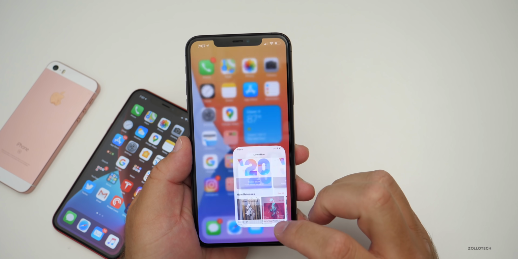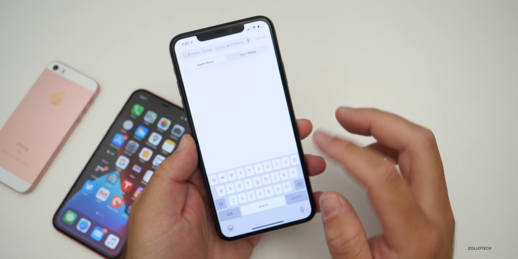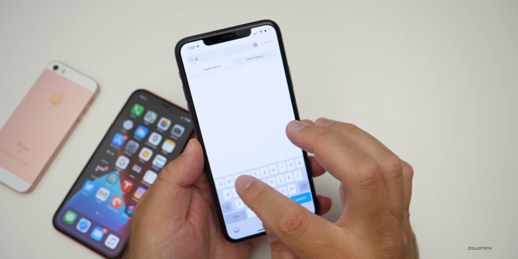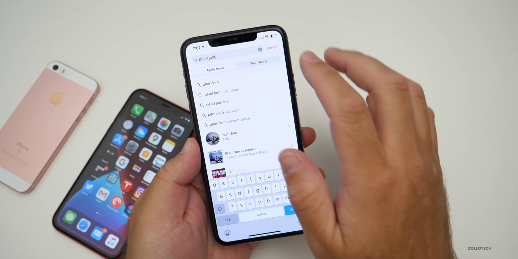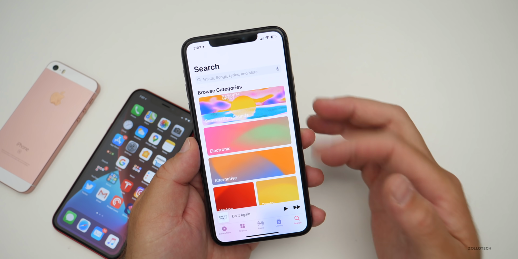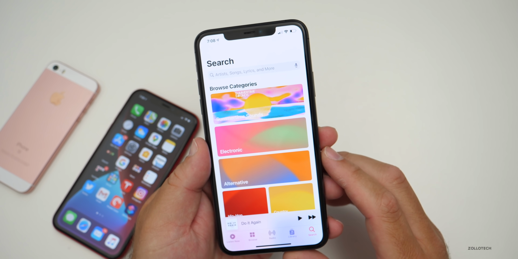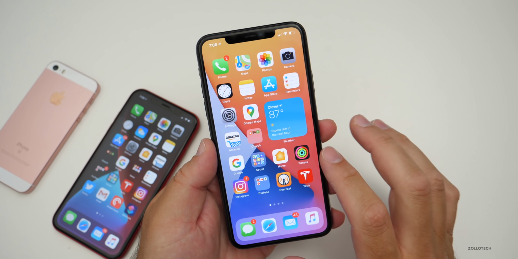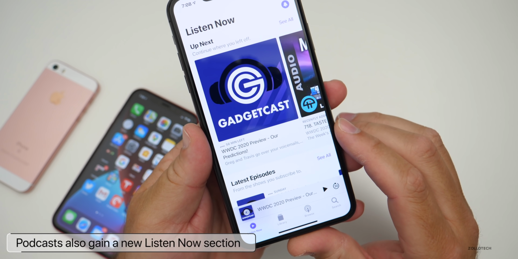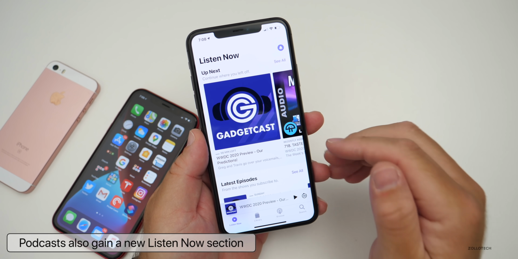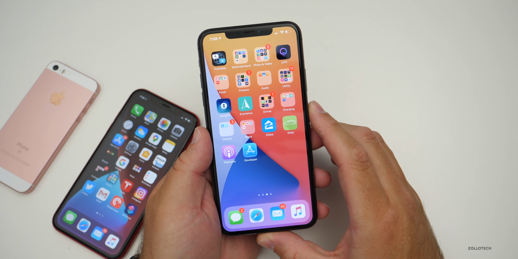There's also improved search, and I'm not sure, you can already search lyrics, but you can improve search by searching for, let's search for Pearl Jam here, and search should be better in general. So there's categories, and they've just done a little overhaul of it, and this is across all devices as well. So it's a nice little update. And they've also added a similar section within podcasts. So we now have Listen Now again, recommending different podcasts here, all sorts of things, and it's just got a little bit of a design overhaul also.